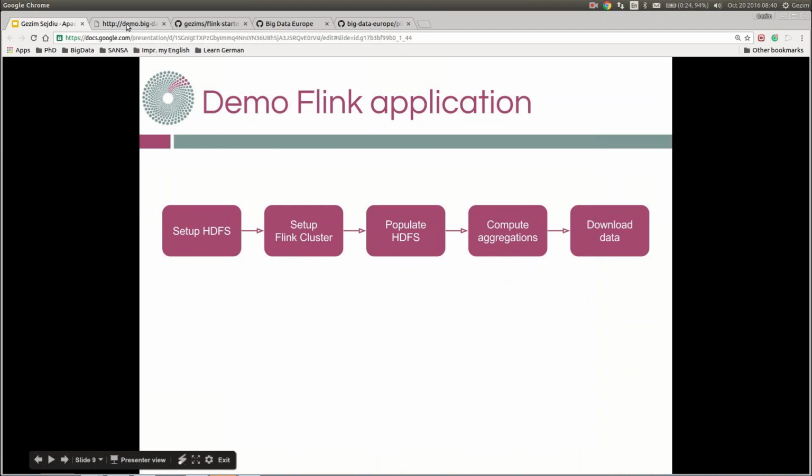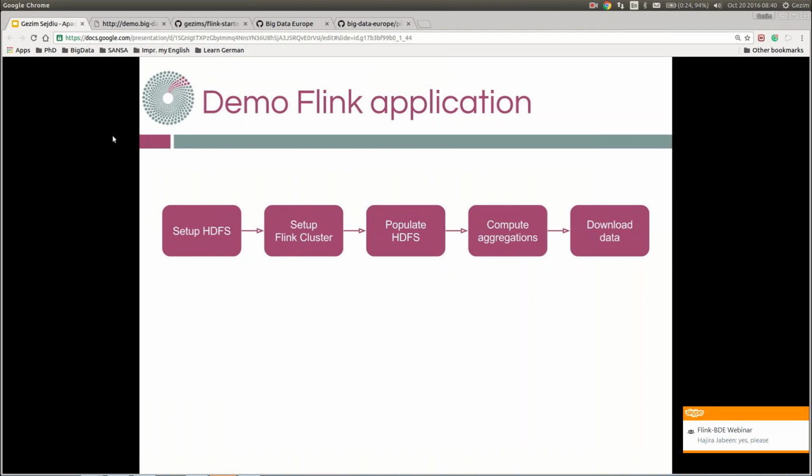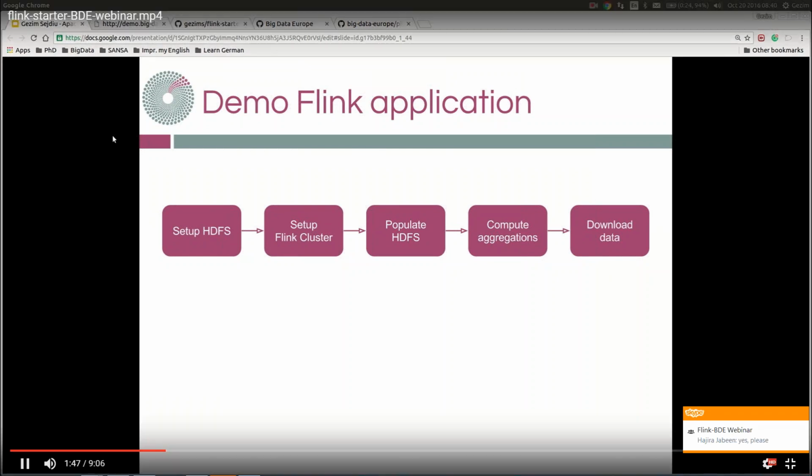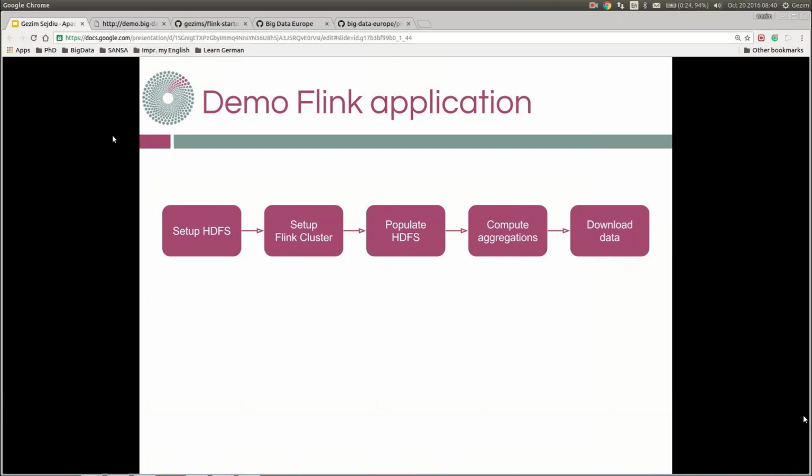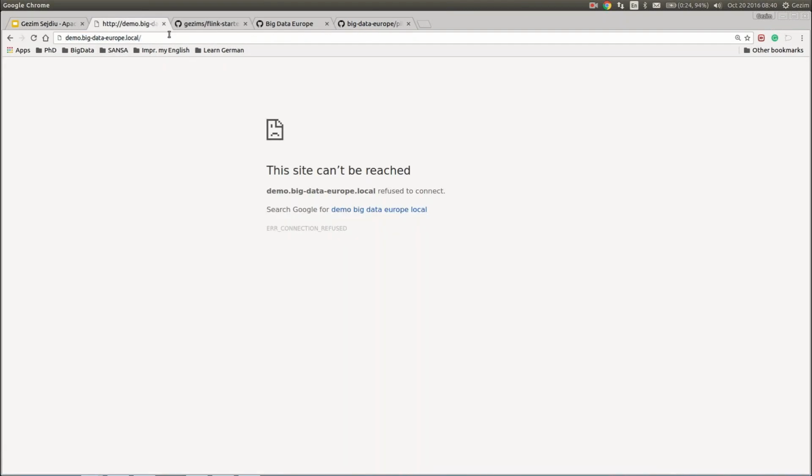For each component which we are aiming to use in this pipeline, we inject a DNS entry point to show on a single user interface, which we call the user interface integrator. It is kind of a wrapper which contains all the interfaces provided by the components in a single web user interface. Let's see this web user interface. For now, it cannot be reached because there is no pipeline running.